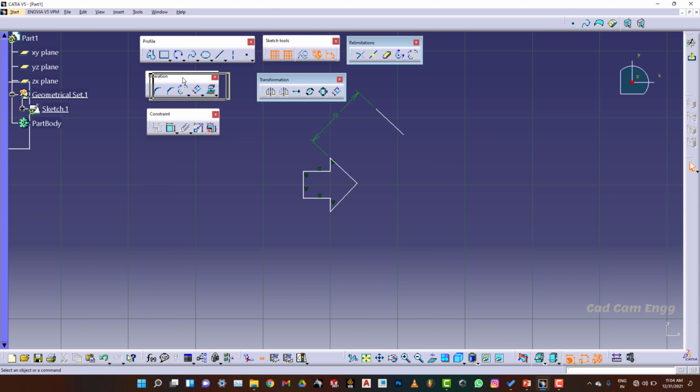So operation tools have completed except this project 3D elements. For project 3D elements, if you have any 3D object, we can project duplicates of the surface as a sketch. Okay, that is the use of this project 3D elements. In further classes I will explain about this.